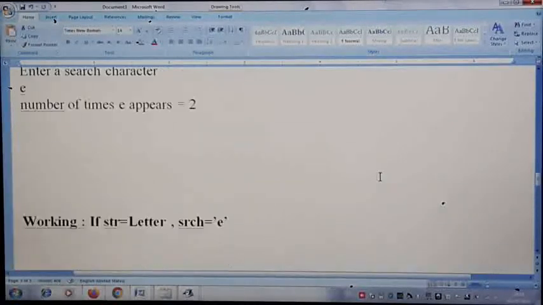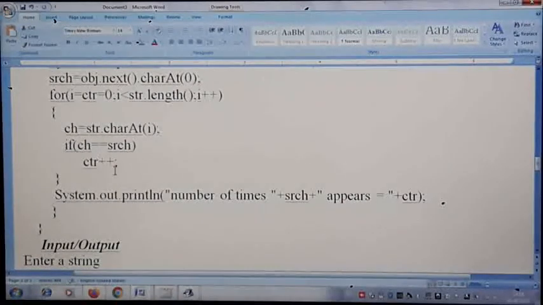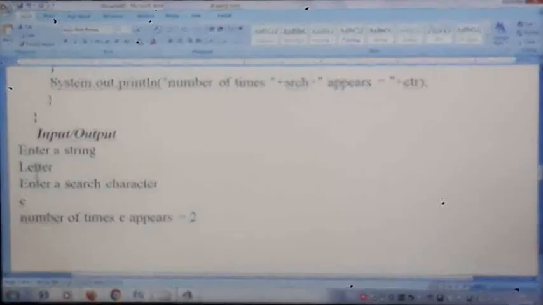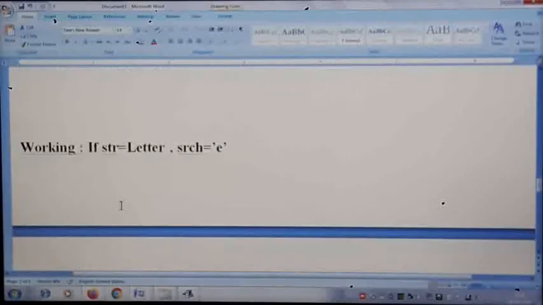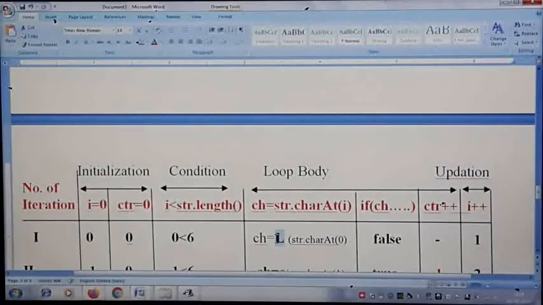So the if condition is evaluated to false, because the entered string is letter and the search is the letter E, and what I am taking for the first time is the letter L from the string. L is not matching with E, the condition is evaluated to false, and ctr is not incremented. Now in the updation part, i becomes 1.